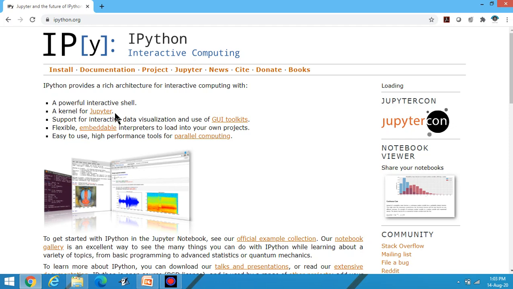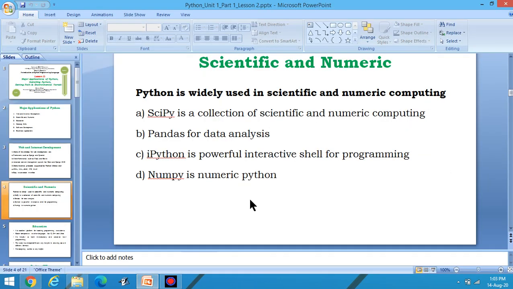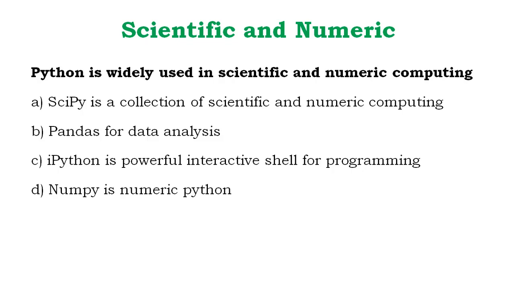Inside Jupyter, you can execute. It's basically one project work, that is IPython or interactive Python. For designing or graphical purposes, you can display the data with the help of graphical contents using IPython.